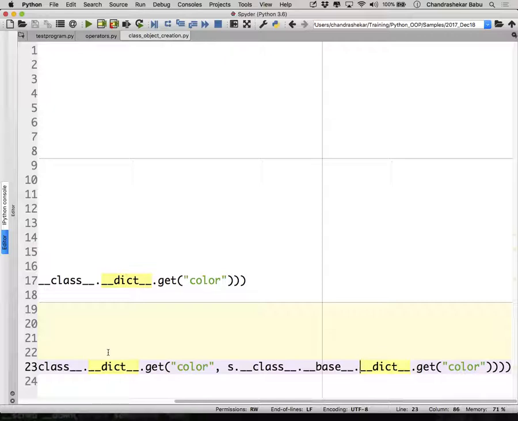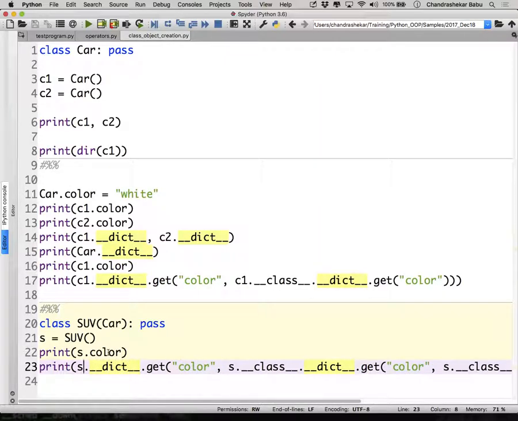This is how attributes are resolved: first via the instance hierarchy, then via the inheritance hierarchy. Clear with this? Any questions? Doubts so far? In fact, learning Python is learning how an engine works through a glass box. Everything is visible inside. At runtime, you can introspect and do things. You don't have to read through books and theory. You can introspect and verify this. Clear? Any questions?